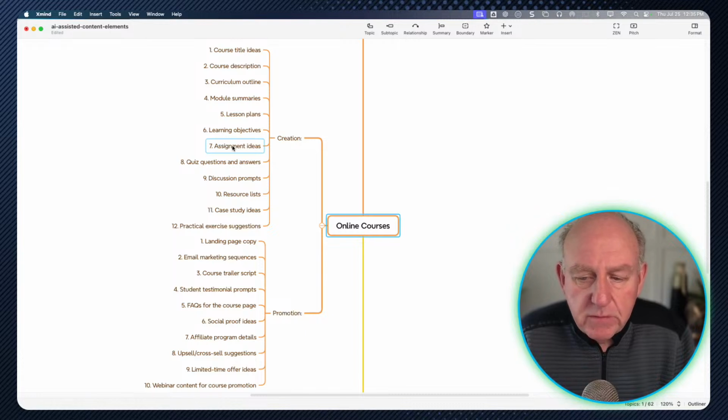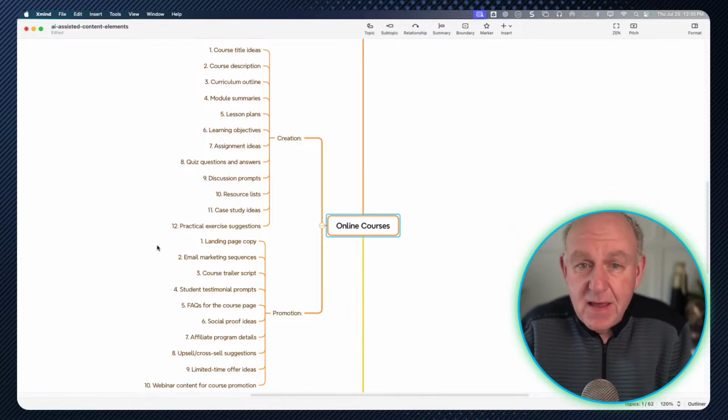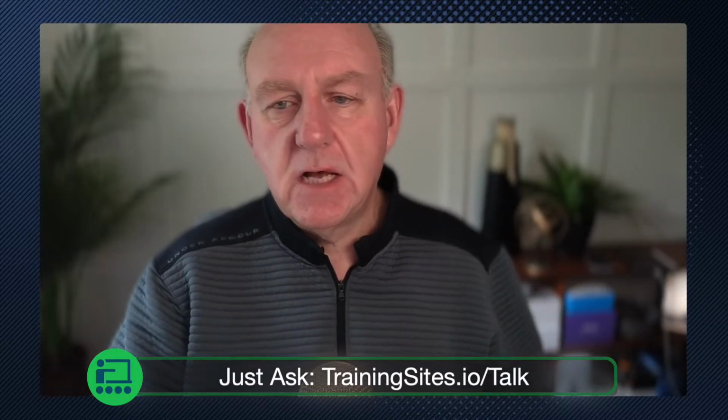So let's go over some of the prompts that I have for you. Again, you'll have this map to look at and play around with. And do you have to use all of these? Are you forced to use all of these? No, not at all. But these are ones to have and to improve on and to use in your business. If you're going to be creating more than one course, I recommend you use it.